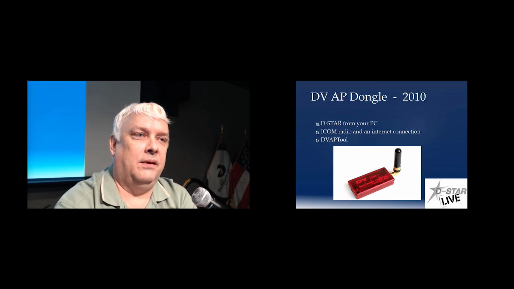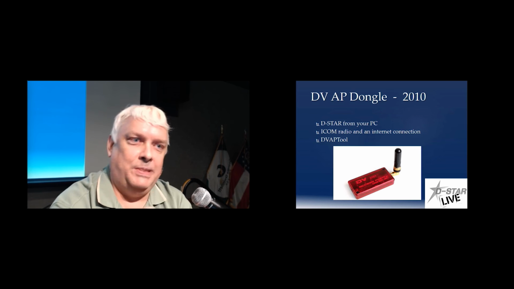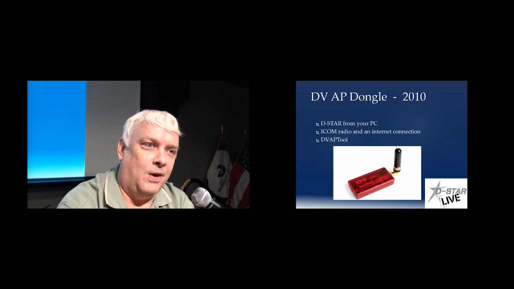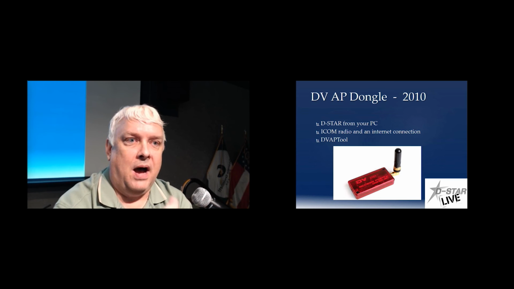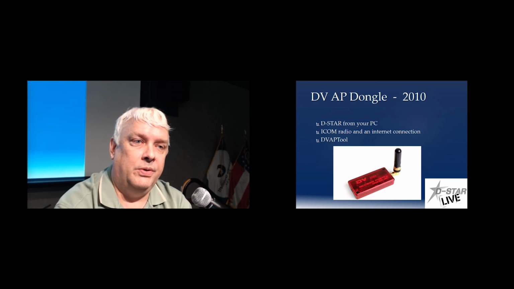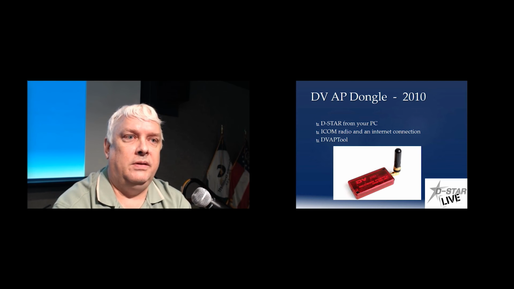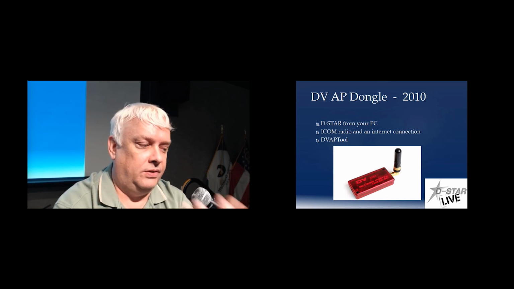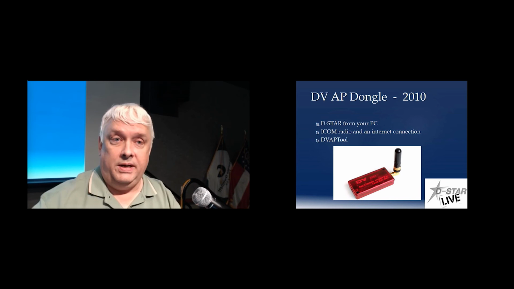This was another one that we really didn't plan on making a product. It was, I'm tired of using the speaker and mic on my PC. I want to be able to get up and go to the refrigerator or walk around the yard or walk the dog in the neighborhood. So we took out the AMBE chip. We put in a GMSK modem chip, which had RF capabilities. And that allowed us to do the same thing we did with the DV dongle, but then to walk around the yard, around the neighborhood, and get access using our HT, because the HT already had that chip in it. So we didn't need to duplicate that.